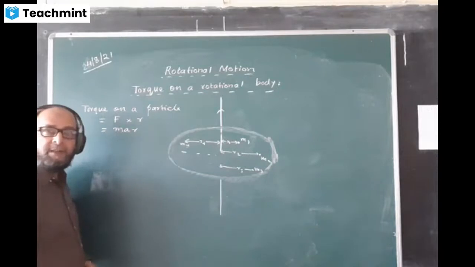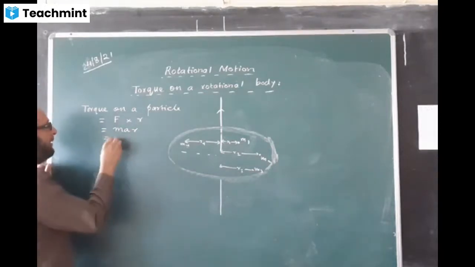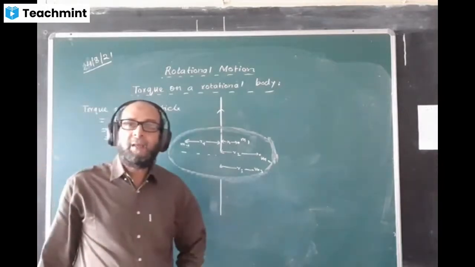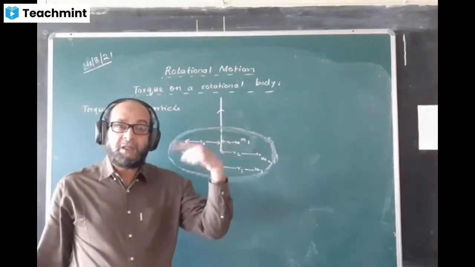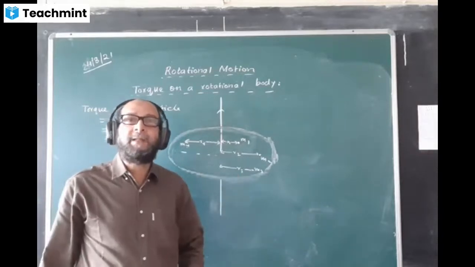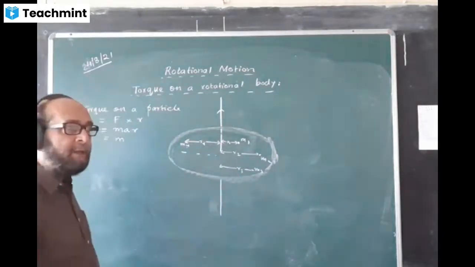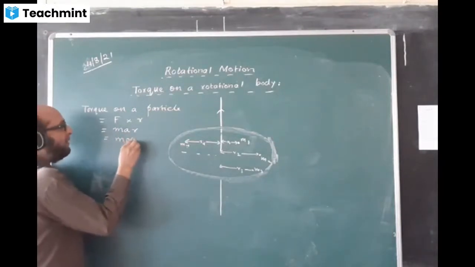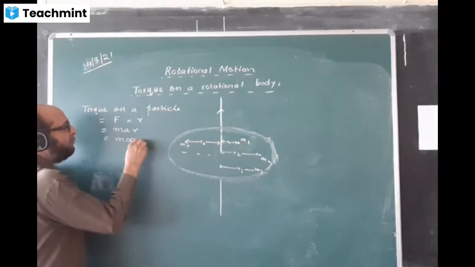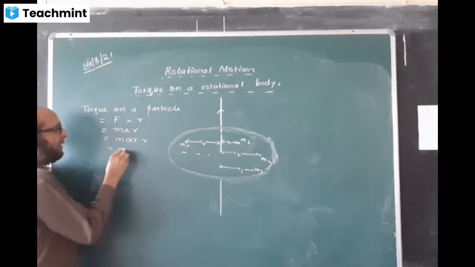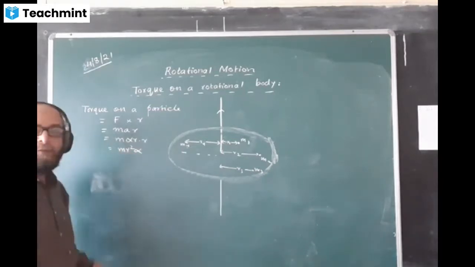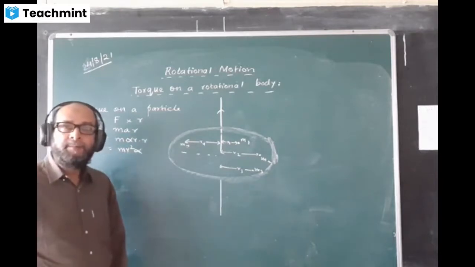The force formula we got is mass into acceleration. Write M as it is. The value of A I will write in terms of rotational dynamics. What is the value of A? Please check the comparison table. A you have to change to alpha R. So A equals alpha R, into R. Your answer becomes M R square alpha. This is the formula of torque on one particle: M R square alpha.